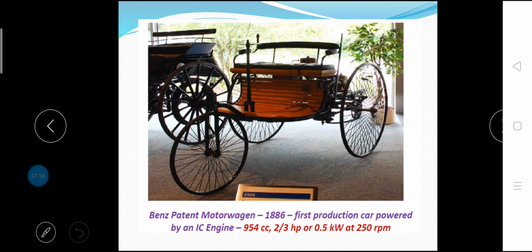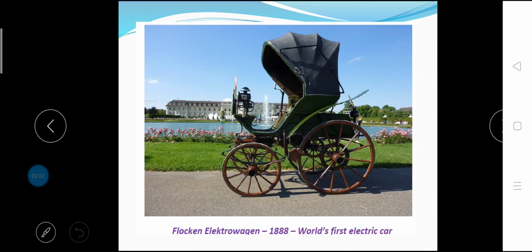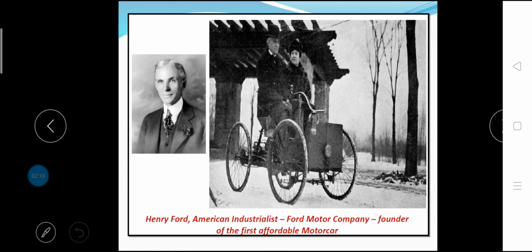That was powered by an internal combustion engine. The Flocken Elektrowagen, the first electric car, was produced in the year 1888. Henry Ford, an American industrialist and founder of Ford Motor Company, built the first affordable motor car.